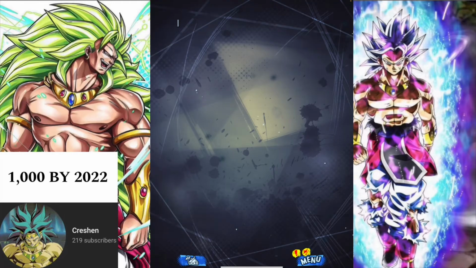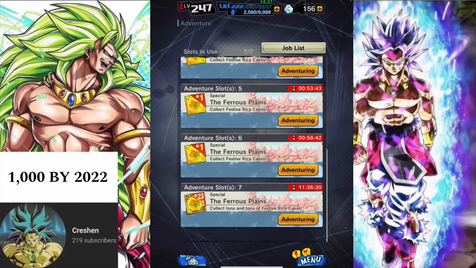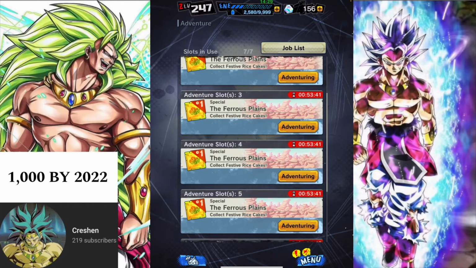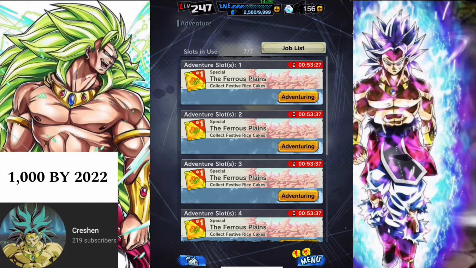How do you get them? Like I said, you do adventures. Now, if you're newer to the game, you may not have access to the 6 and 7 slot here, but if you've been playing for a while, then you will be able to get the 4th and 5th slot here. So what you want to do is, if you're able to log into the game over and over and over,